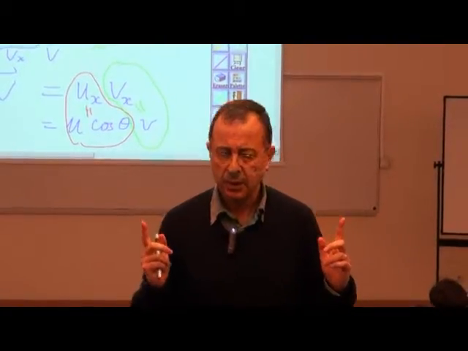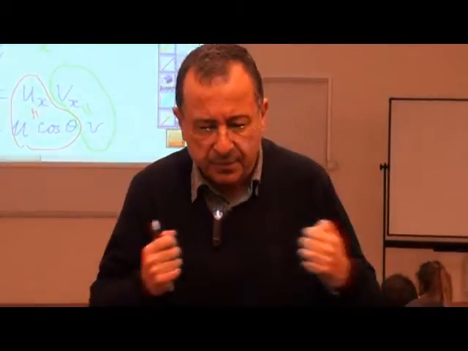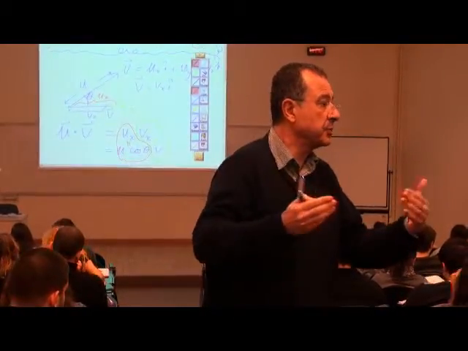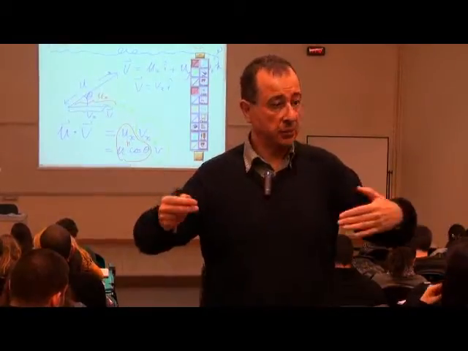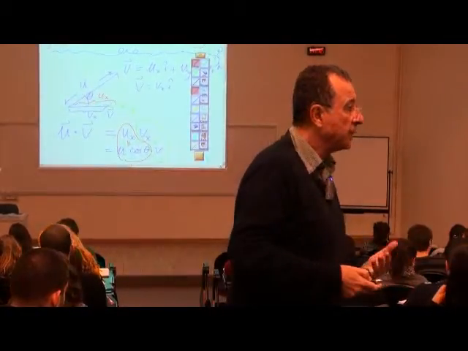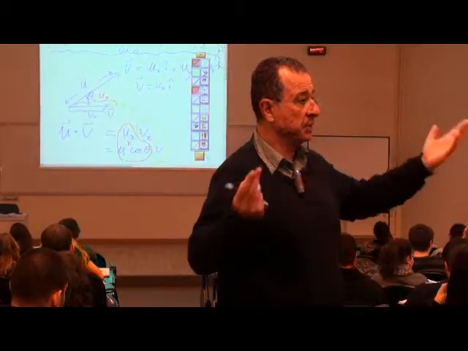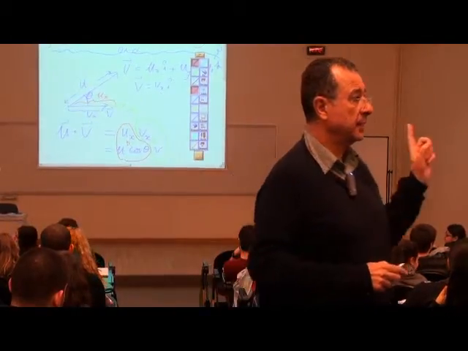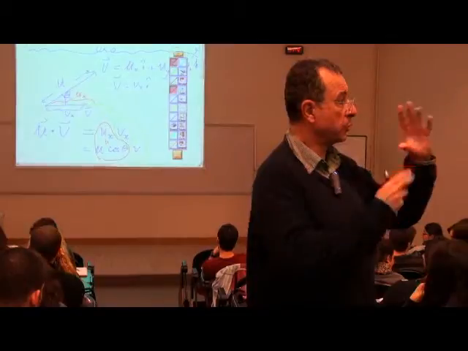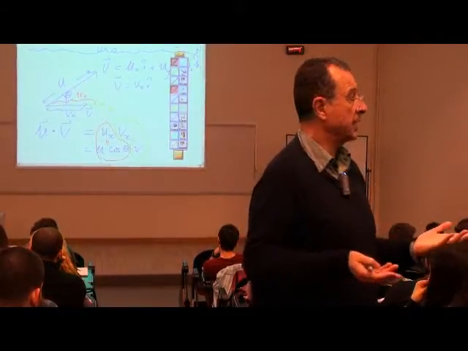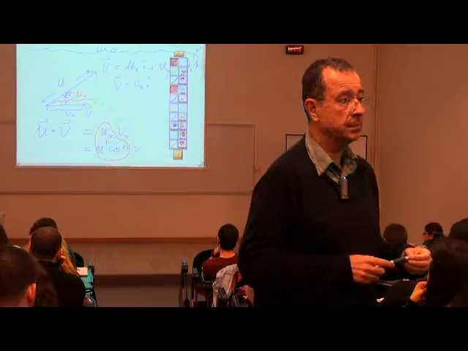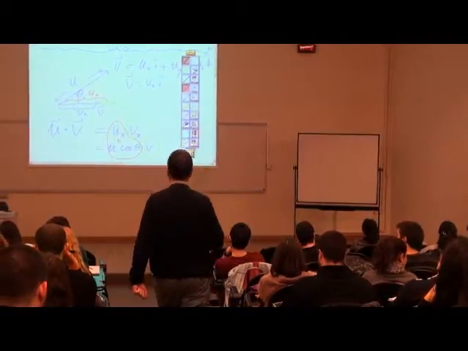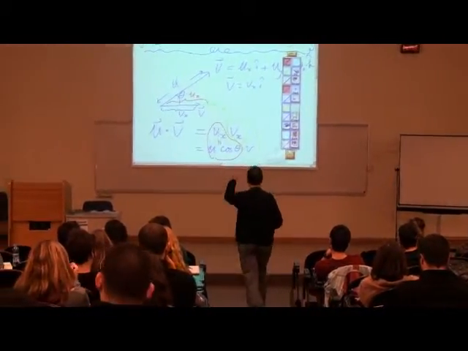So what did I do? I was curious what will happen to this scalar product if one of my vectors is along one of the axes. So I said, okay, let v be just straight along the x-axis. And then I draw a picture, and I find that my general definition, ux vx plus uy vy plus uz vz, leads to the result that u times v times cosine of the angle between them is the answer I want. Is this clear? Now, I got this result by taking the x-axis along v,